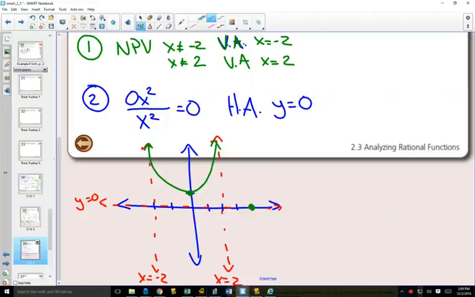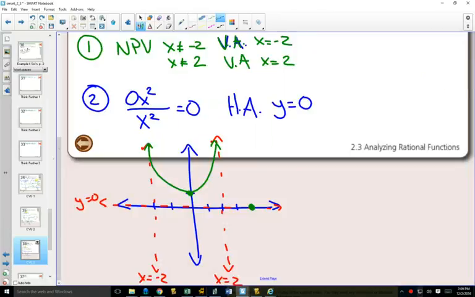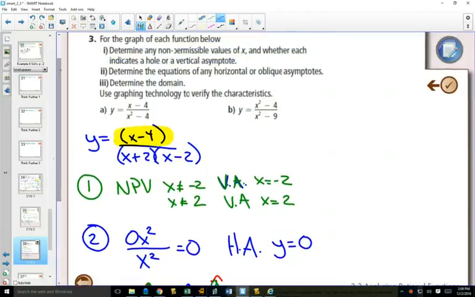Okay? If we go less than -2, so if I plug in -3 in the top, do you see that I'm going to get -7? And if I plug in -3 on the bottom,